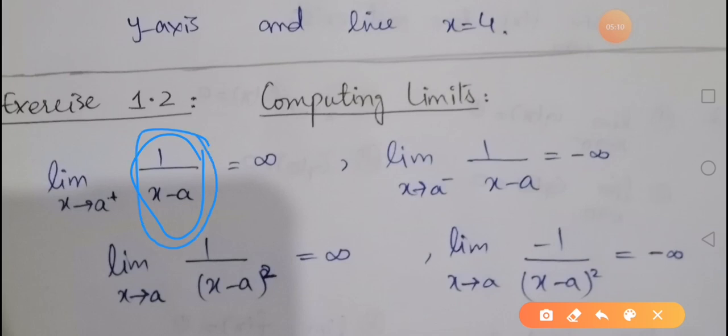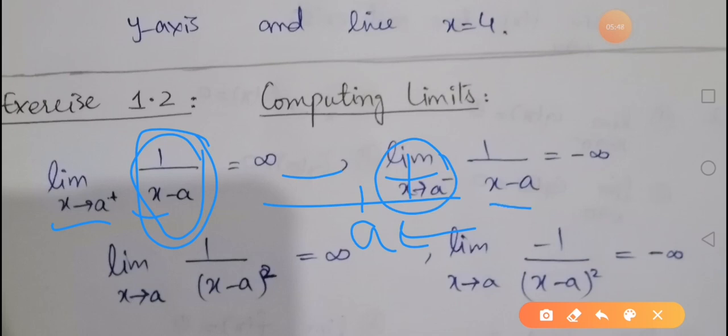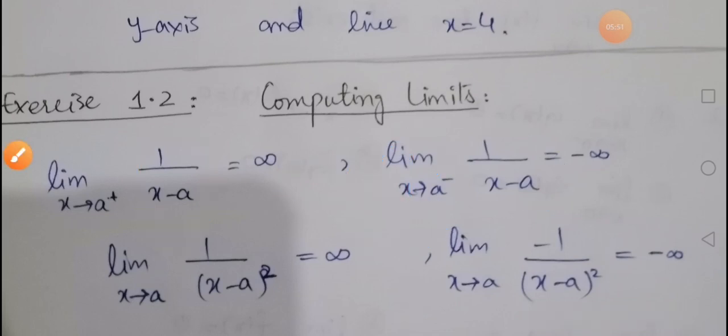When we draw the sign chart for this expression, we put the zeros of the numerator and denominator separately. Here the numerator is only 1, so there is no zero for it, and the denominator is 0 for x equal to a. So here we have x equal to a. Now we will put the signs. For putting the sign, we look at the coefficient of x. If it is positive, then positive on the right-hand side. If the coefficient is negative, then we put negative on the right-hand side. Right now it is positive, so positive on the right-hand side, negative on the left-hand side. So when x approaches a from the right-hand side, it will be positive infinity. When x approaches a from the left-hand side, it will be negative infinity.